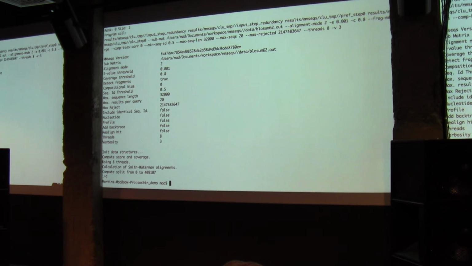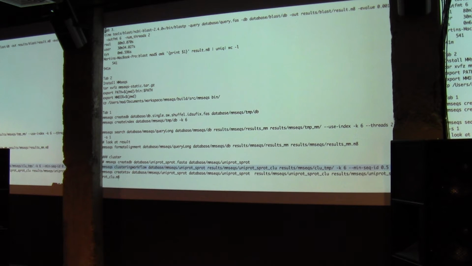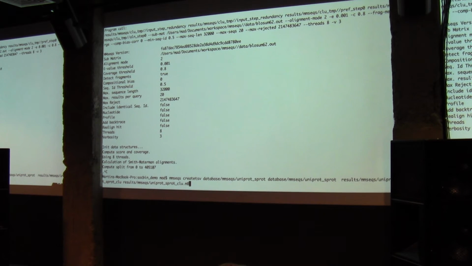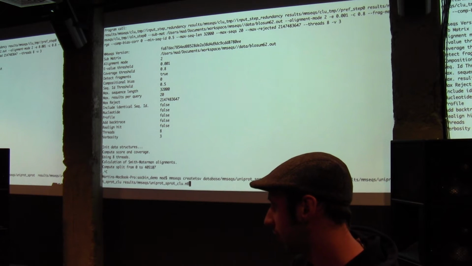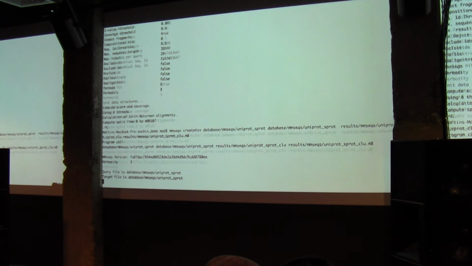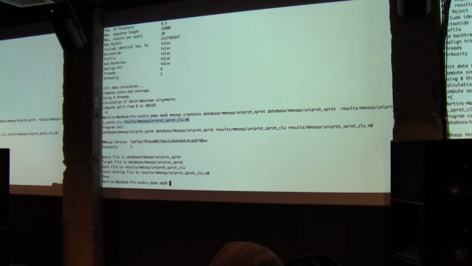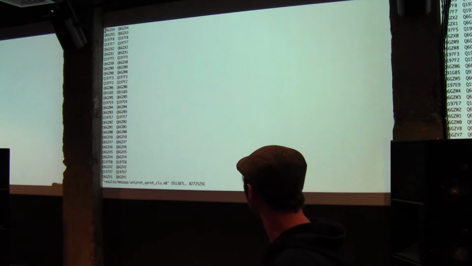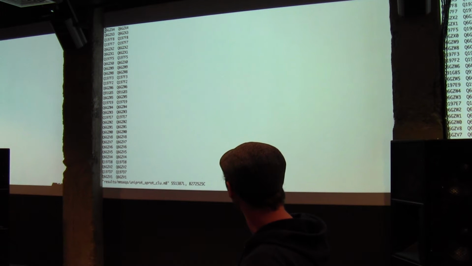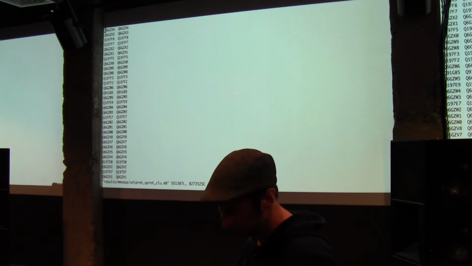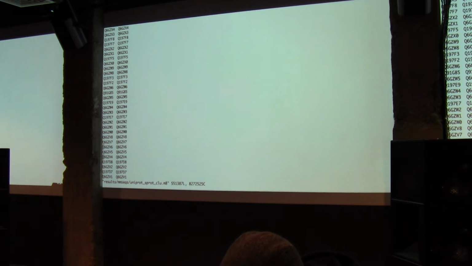I just want to show you what's actually the output that you get out of the clustering. And you can see it. So I have already pre-computed this clustering. It takes around, on this machine, 3 or 4 minutes to cluster down these 500,000 sequences. And now we create a useful format. And then it will print out a TSV file where in the first column you see the cluster representative, and in the second column you see all the members that are in this cluster. So each line is one connection.